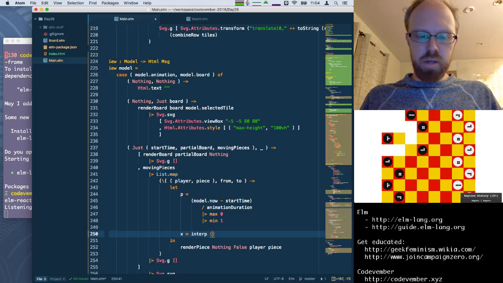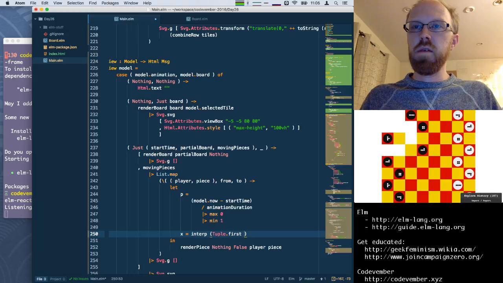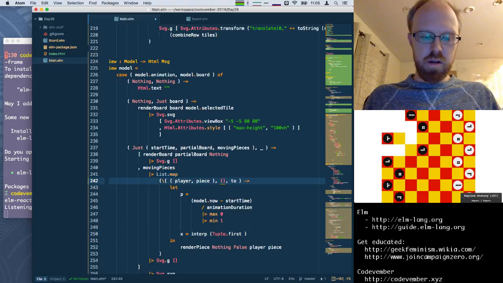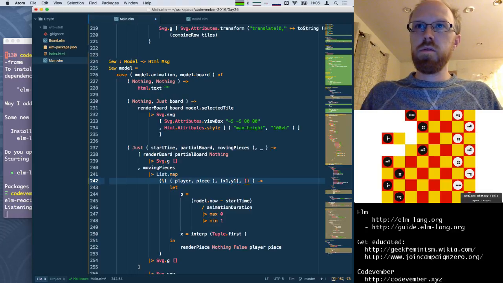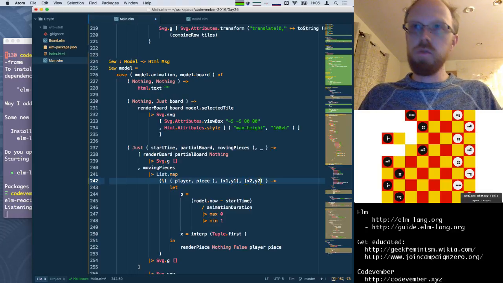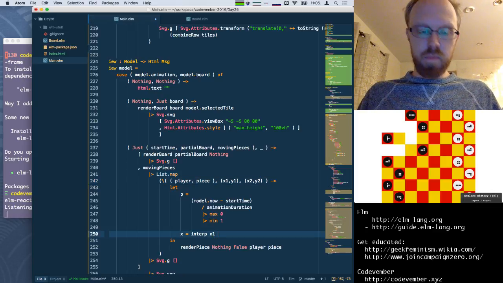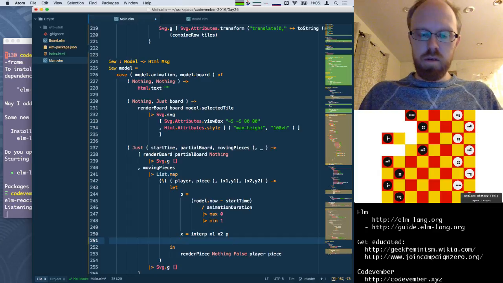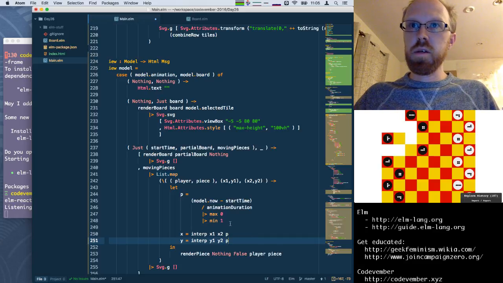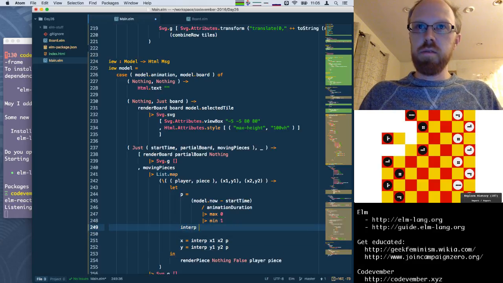So we're going to interpolate between tuple.first of the, actually we can just destructure these right here. This will be x1, y1, and 2 will be x2, y2. So we're going to interpolate between x1 and x2 with our percentage. And y is going to interpolate between y1 and y2 with our percentage. And we can write this interpolate function,